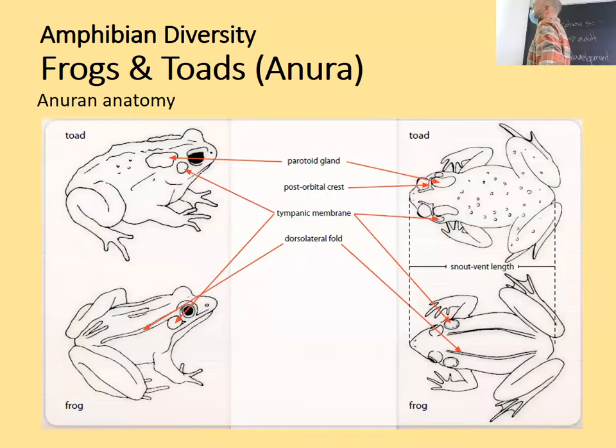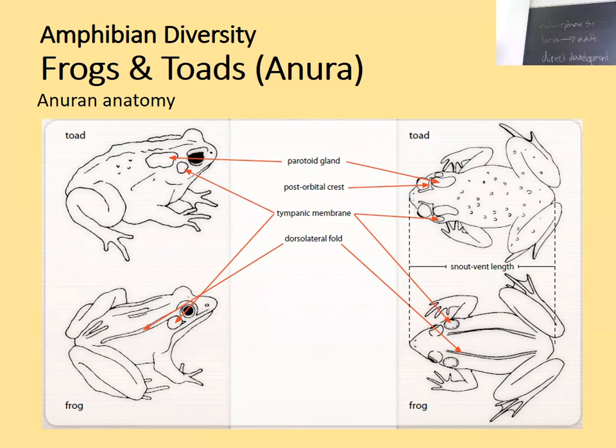All right, so anuran anatomy. Before we get into it, some important things that will help us identify the different species. The first is a parotid gland, which is this kind of big kidney-shaped gland. There's 2 of them, generally just posterior to the eyes. Also, many exhibit what's called the postorbital crest, which is this kind of ridge between the eye and the parotid